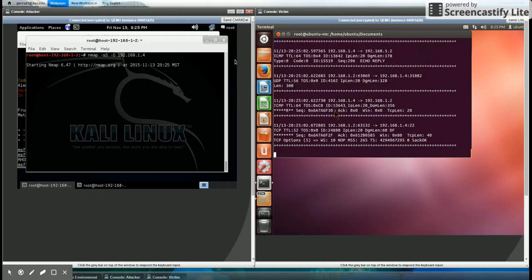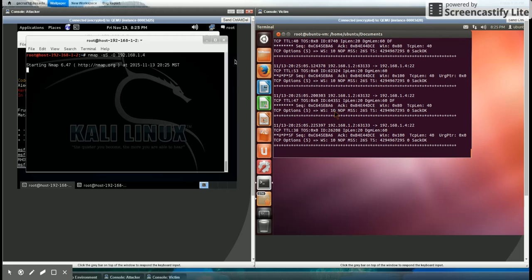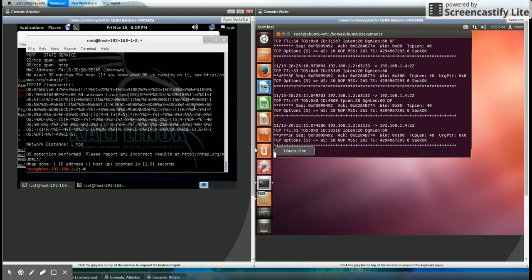As you can see, SNORT is capturing all the packets being sent to the system from the attacker. And it found that this victim machine has its port 22 and 80 open,